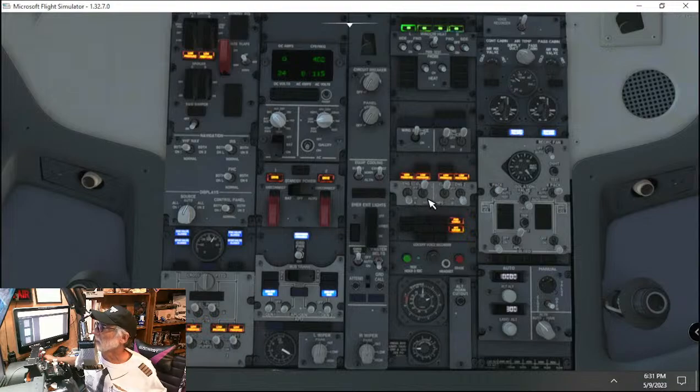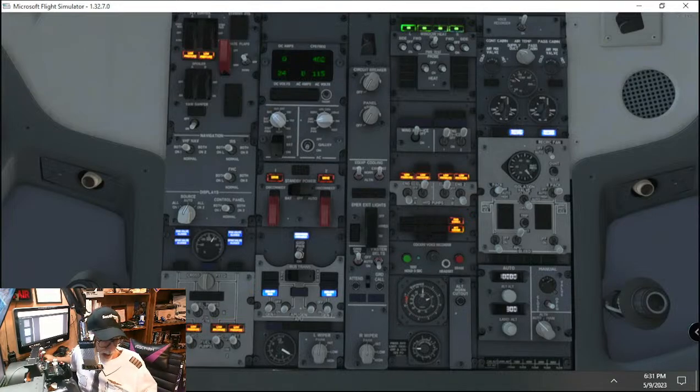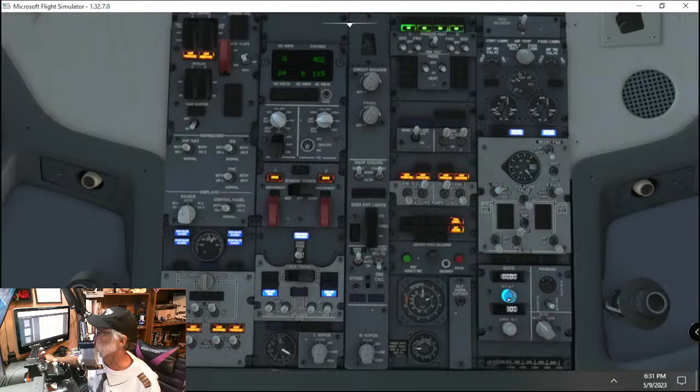The engine hydraulic electric pumps are off. The engine electric pumps are on. Or actually, I said that backwards. The hydraulic pumps are on. The electric hydraulic pumps are off. Fuel pumps are all off at this time, except we will start the APU here in just a minute. In this aircraft, we don't have trim air to set. Fuel is loaded. Let's go ahead and set our cruising altitude, both in the pressurization